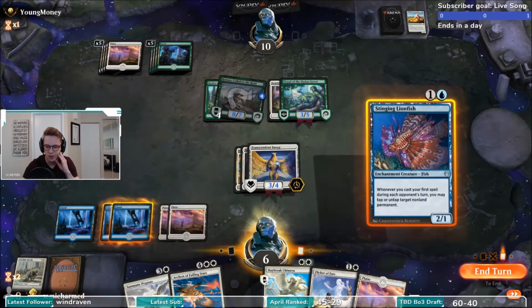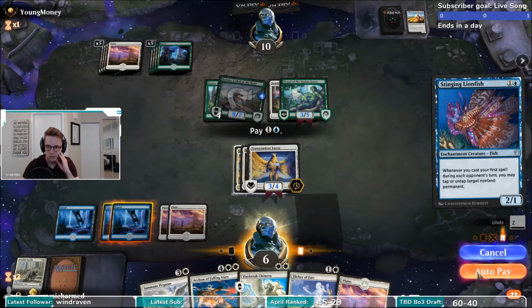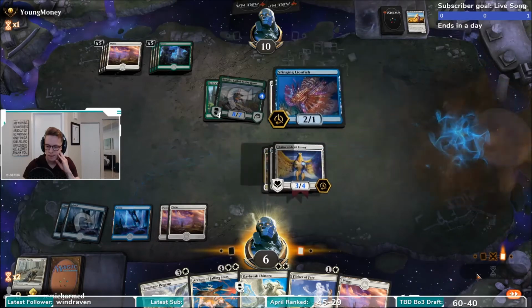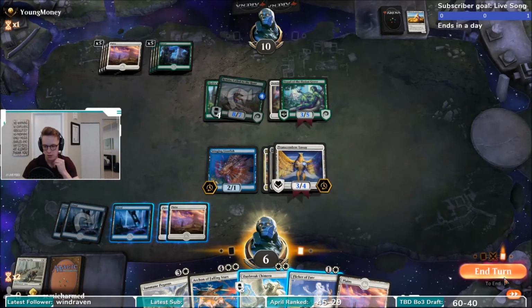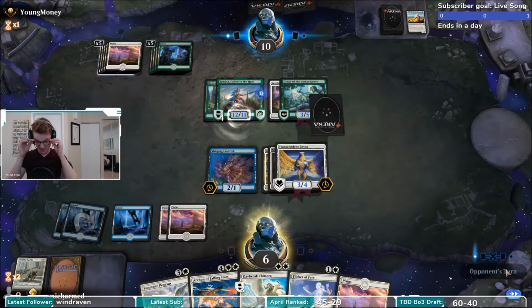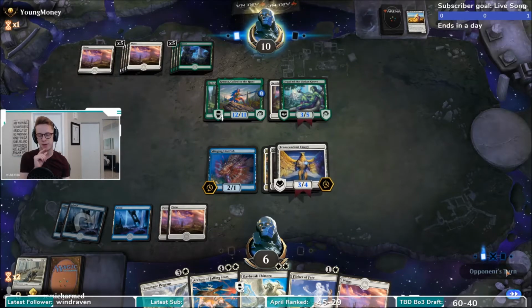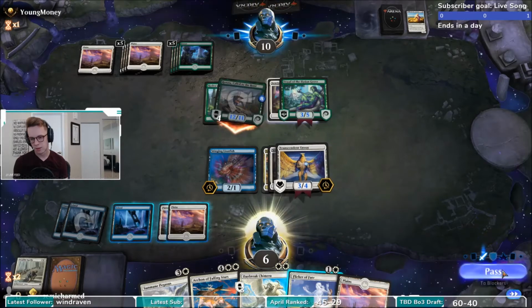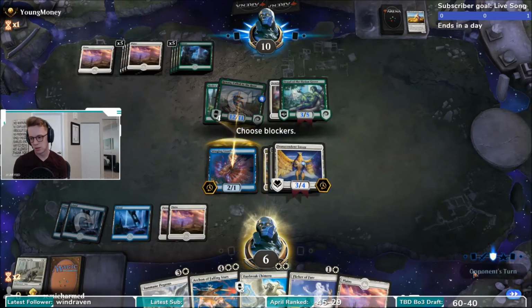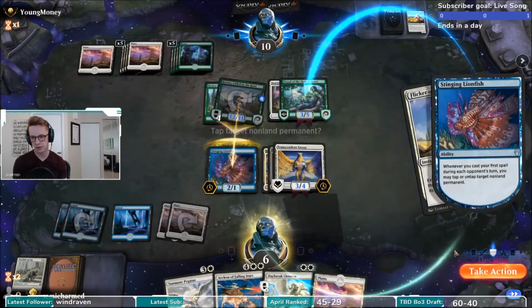So we're going to play Lionfish. If they try to remove our enchantment, we might be able to Flicker it in response and then tap down their thing, but that's probably not going to happen. So we'll block with Lionfish. See what they do. Okay, so we'll just flicker this away. And we'll tap down their Dryad. That doesn't really matter, but...